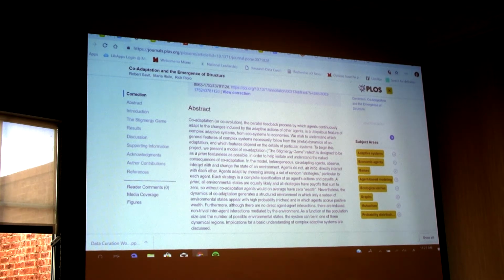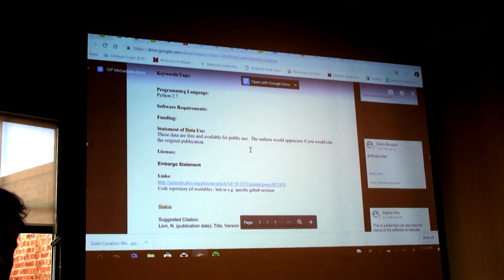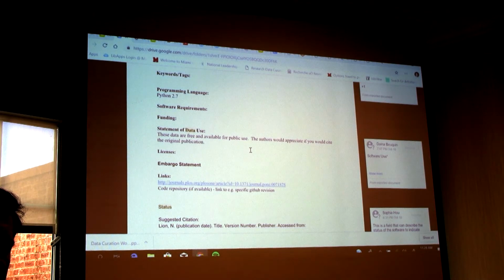And basically what this article is, it's based on game theory, and you're putting a couple variables in and seeing how different agents interact depending on what the variables are. You don't have to understand a lot of detail to just get the idea of, okay, so this software is run to prove the argument made in the article.